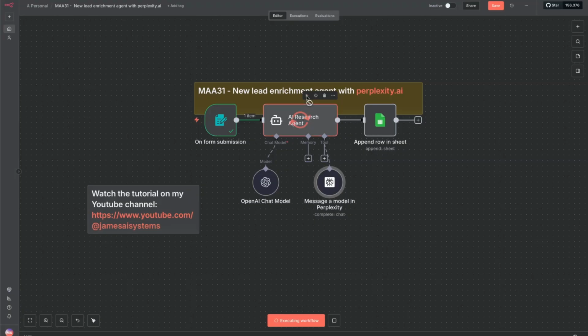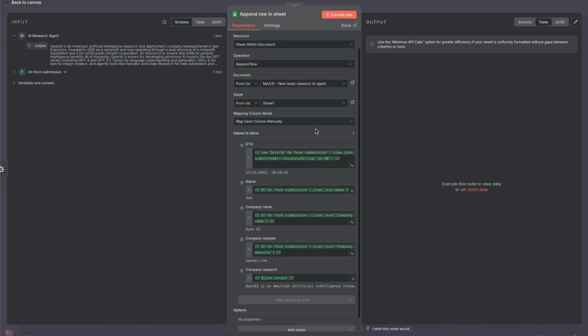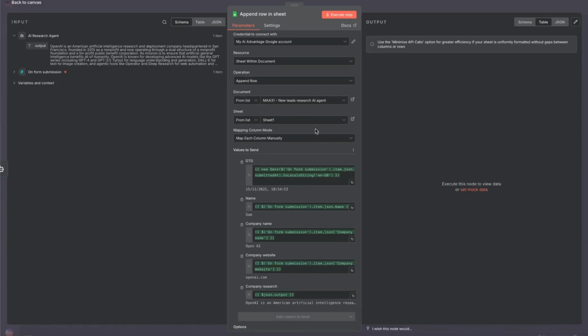So we click play on here, set that research agent to work. We see that it's accessing Perplexity now, going online and doing that research. The output from that agent then: OpenAI is an American artificial intelligence research and development company headquarters. We've got our research. Now all we want to do, if you're setting this up,